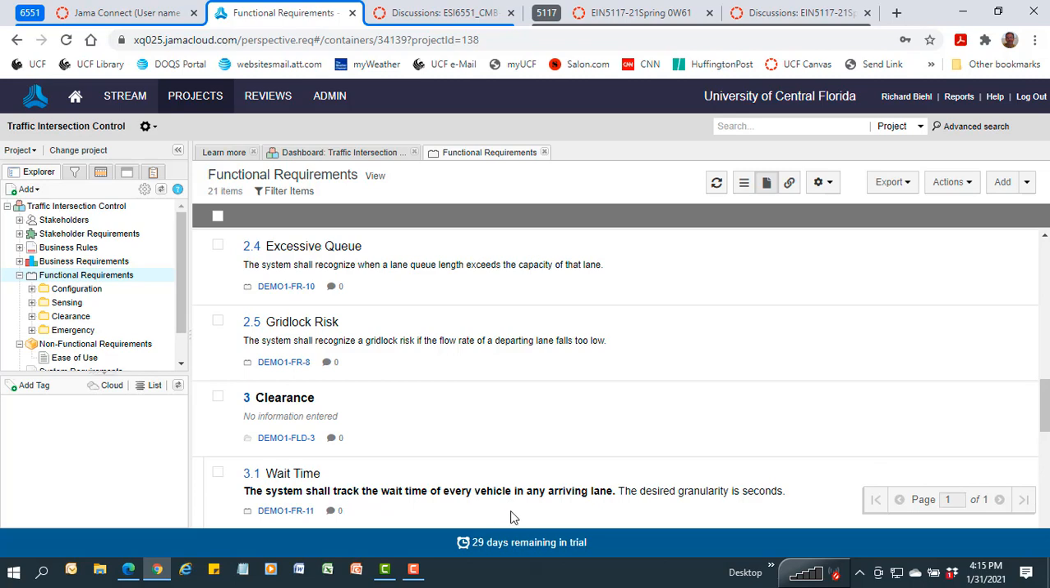Here's another example of one where I've bolded the requirement, because I've got something that's non-requirement that follows it. So the system shall track the wait time of every vehicle in any arriving lane. The desired granularity is in seconds. Okay, so you've got all the functional requirements that come in here, and then you get down to a category